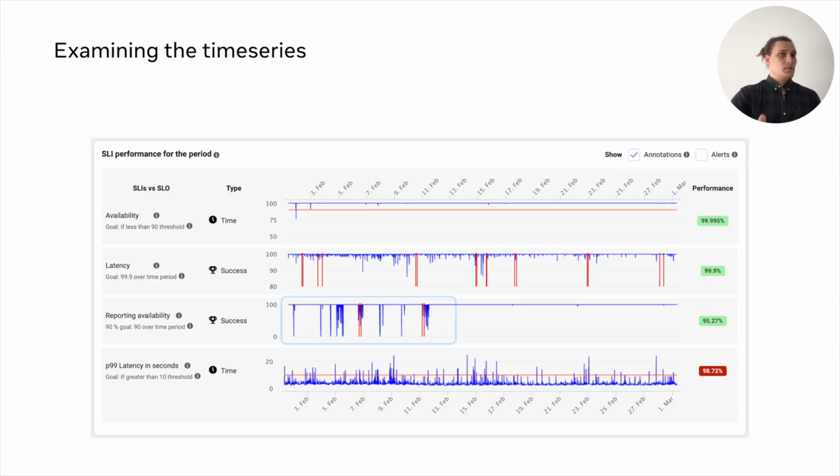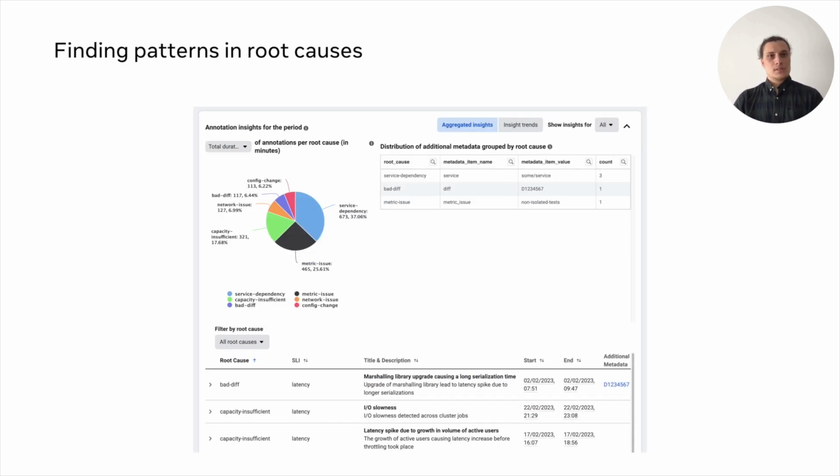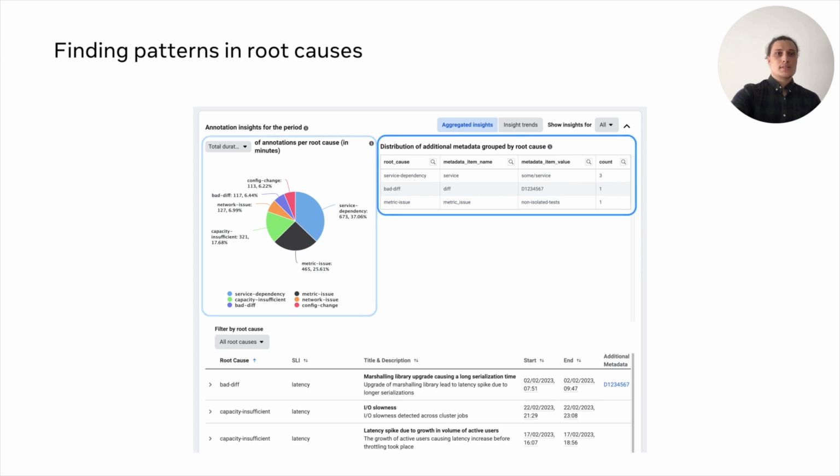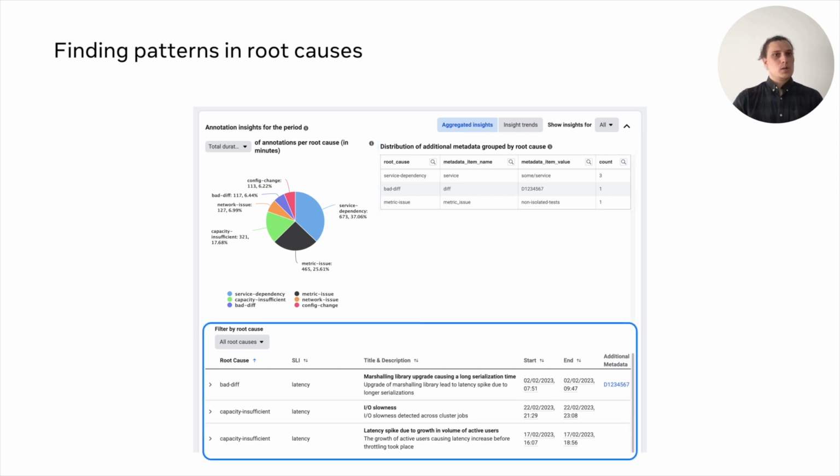We also provide users with deep dives, allowing them to capture issues on a more granular level. This information is consumed by the Insights Engine further and represented as a distribution of SLO violation factors. For example, on this slide, you can see that service dependency issue was one of the most common issues in a given period. The question is, what should we do with all of this information?